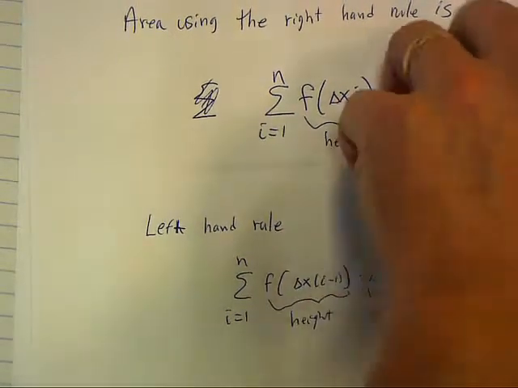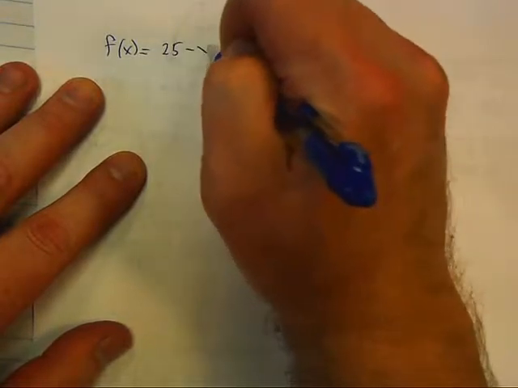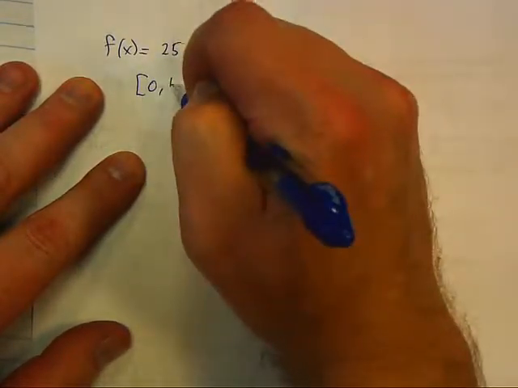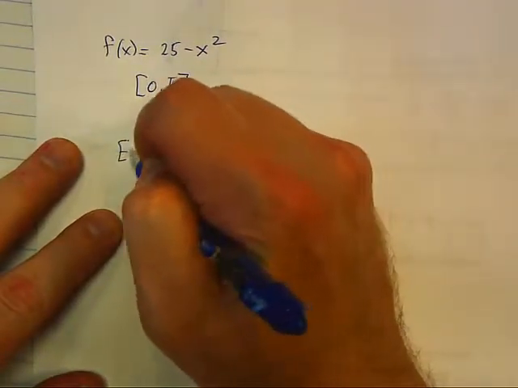All right, so now we are ready to do what we need to do. And I didn't leave enough room, so I'm going to use the back. So now, we're going to take f of x equals 25 minus x squared on the interval 0 to 5, and we're going to find the exact area. And here's how you find the exact area. The exact area